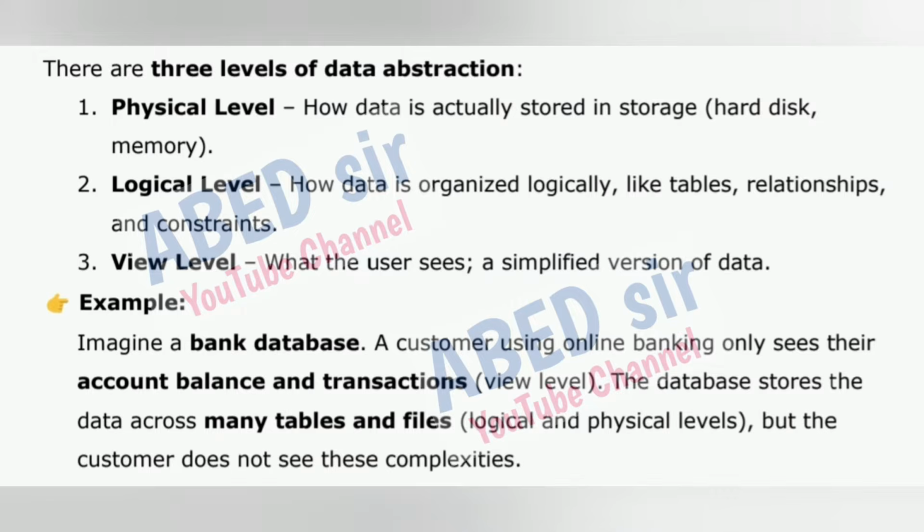1. Physical level, how data is actually stored in storage, hard disk, memory. 2. Logical level, how data is organized logically, like tables, relationships, and constraints. 3. View level, what the user sees, a simplified version of data. Example: imagine a bank database. A customer using online banking only sees their account balance and transactions, view level. The database stores the data across many tables and files, logical and physical levels, but the customer does not see